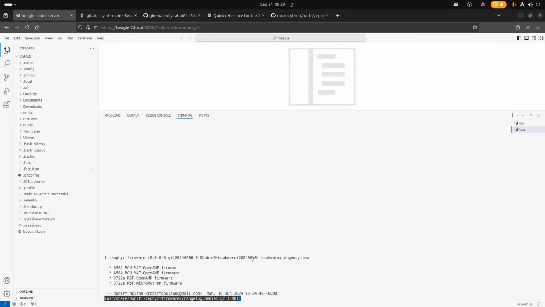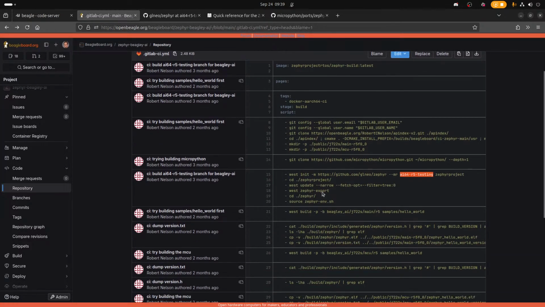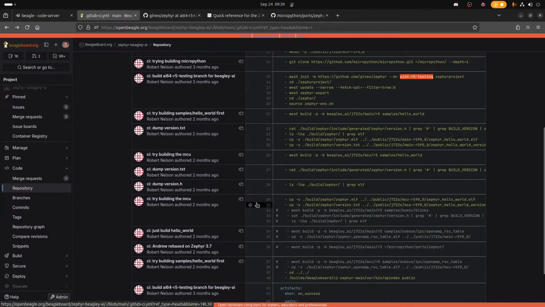I guess it was built on June 10th is the version that I've got in there. And he may not be pulling directly from this feed. Maybe not. I'm nervous about updating it and losing the MicroPython version that works.